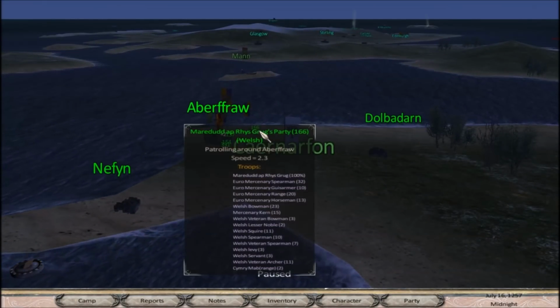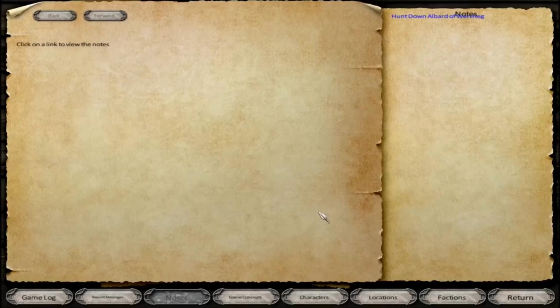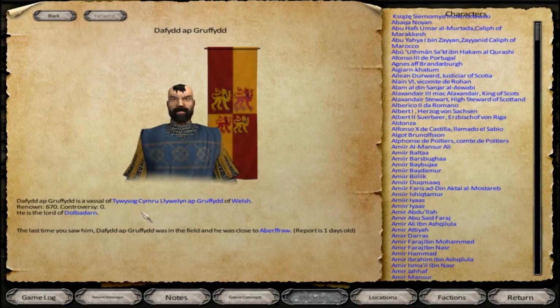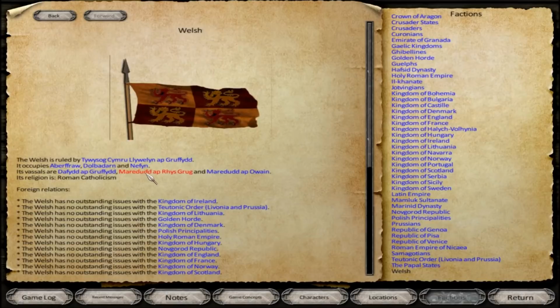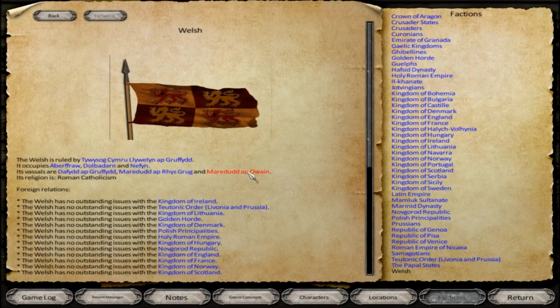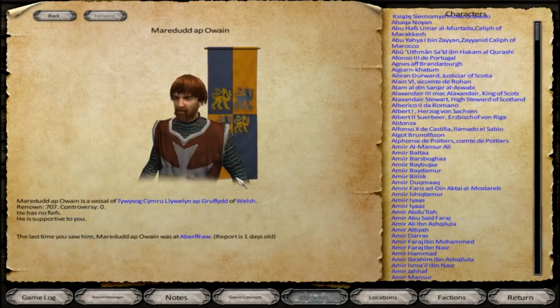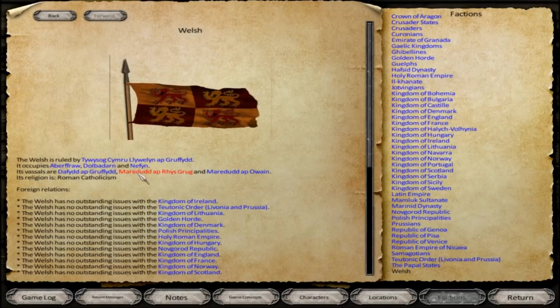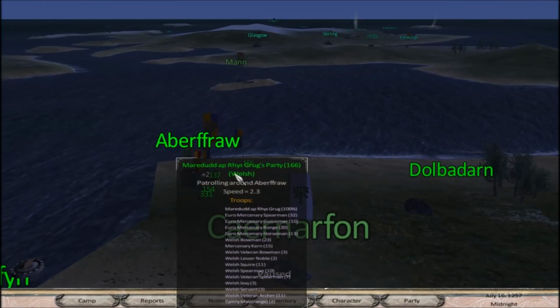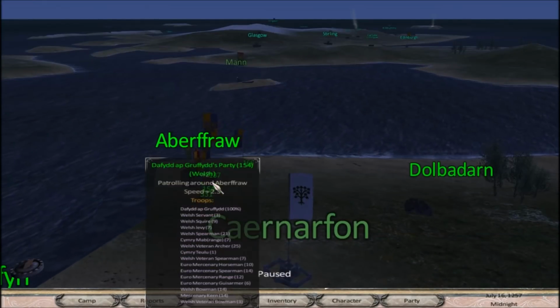But let's see. I don't remember who the Lord of Aberfraw was. Welsh. Let's see. He's the Lord of Dolbadarn. Not who we're looking for, though. Merdid. Okay, so you are the one that we want to recruit. I mean, we want to recruit all of them, especially if they're honorable, but he specifically needs to join us because we want to take them over peacefully, and that'll be the easiest way to do it. So there's Merdid. I'm pretty sure he's the only one named that, right? No, he's not. That was the confusion. Alright, so